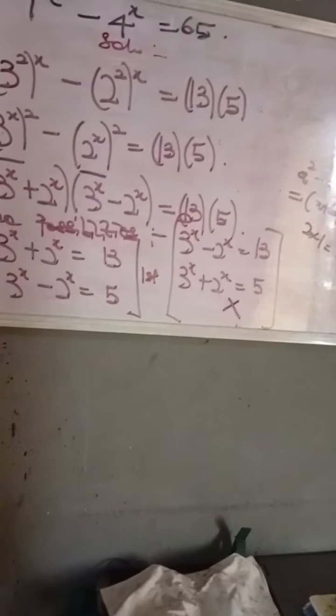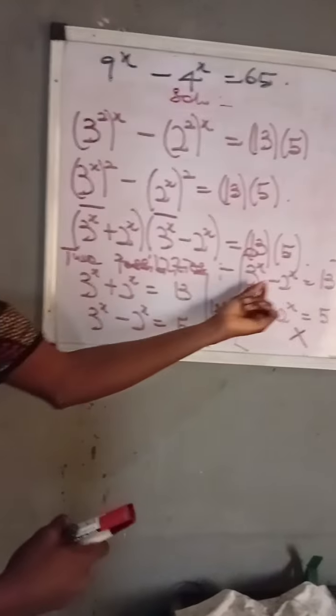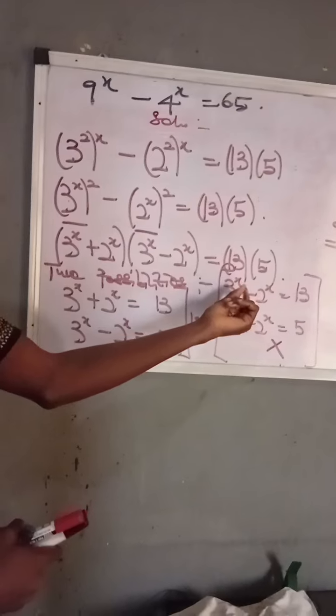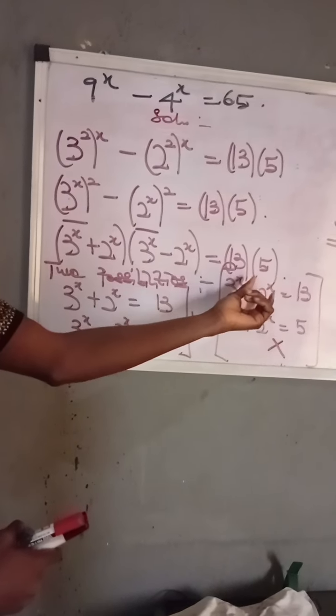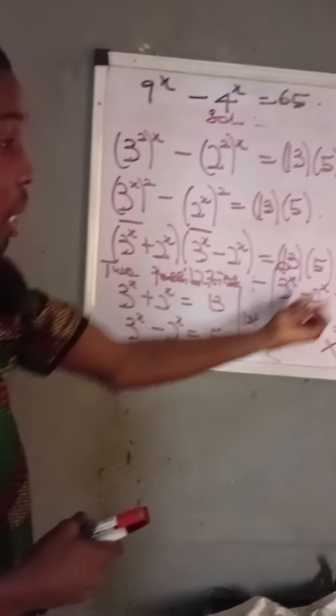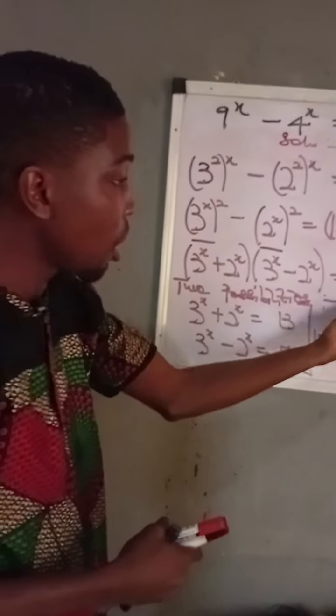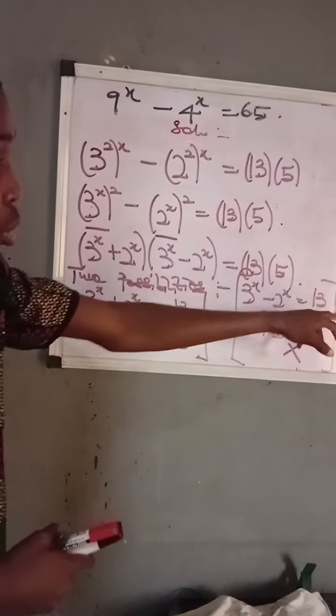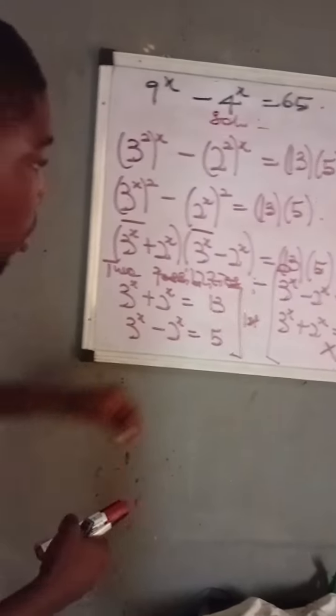Now, the reason why I'm going with the first possibility is that the second possibility is not carried. I'm not going with it because 3 to the power of x minus 2 to the power of x will not give me 13. The sum must be greater than the difference. That is, 3 to the power of x must be greater than 2 to the power of x, greater than 0, to give me this, right? But this man has